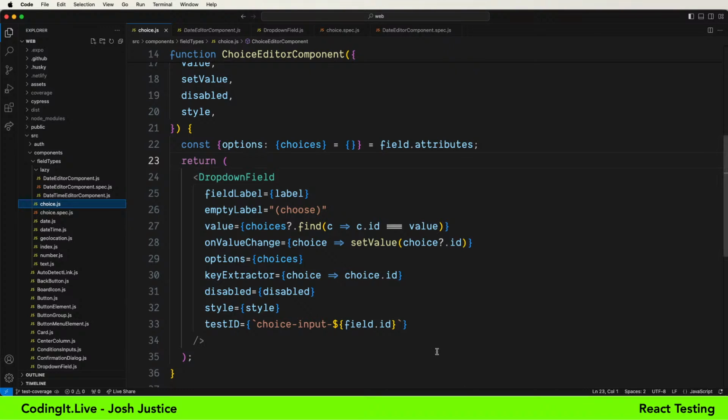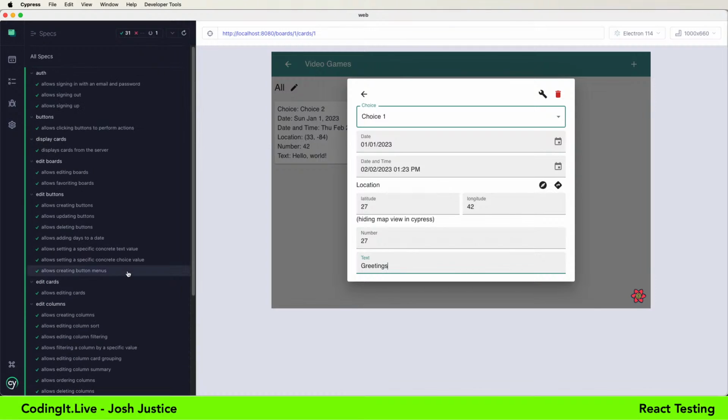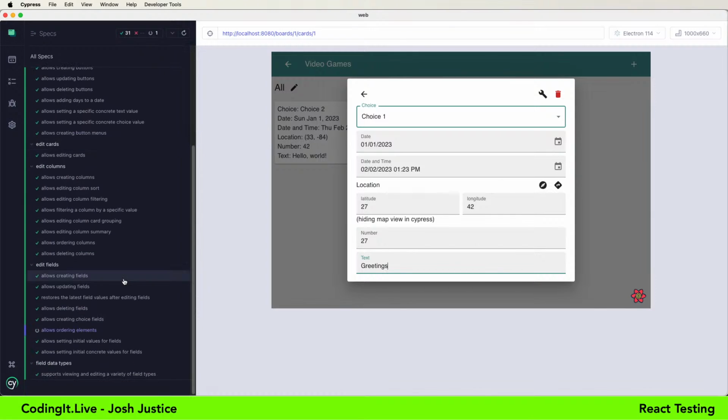I would bet that the higher level components in my application, like screens and parts of screens, might very well have vanilla JavaScript that we could pull out. I see here that my Cypress suite has passed, and so we're in good shape. There's one skipped because I have to figure out what to do there. That's a case I was having trouble testing in Cypress, but maybe my component test will help me cover it.